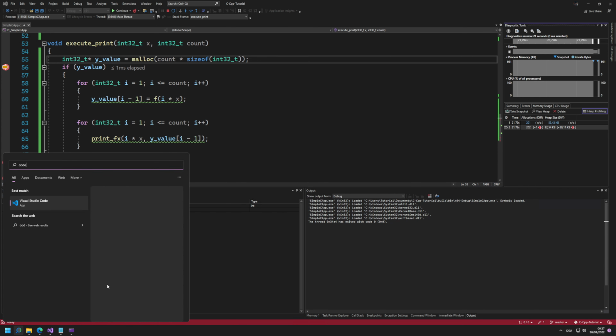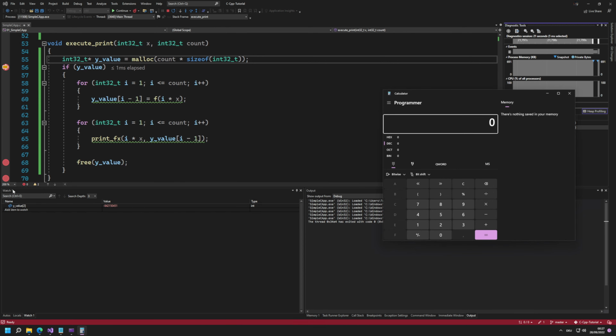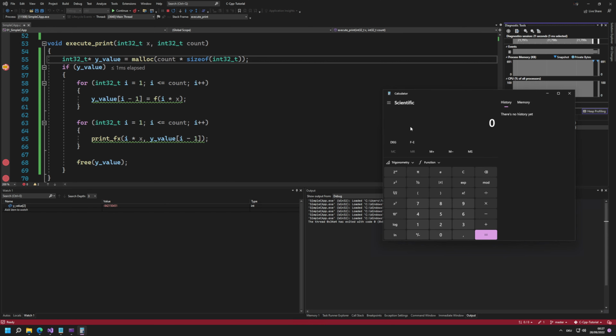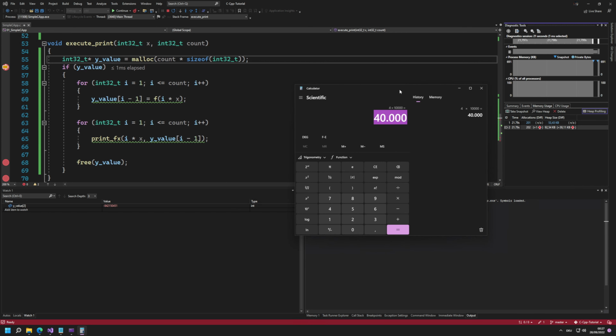Let's go into the calculator and do it. The int was 4 bytes, so let's go into the standard, scientific. 4 times we had a count of 10,000. If we do this, we have 40,000, and let's now divide this by 1024, which brings this to kilobytes. And now you can see that the exact memory that we would expect is 93.06